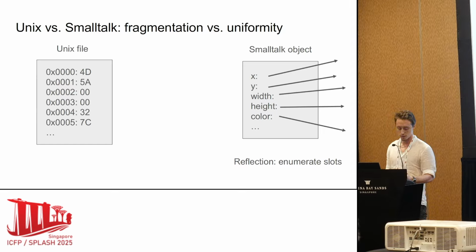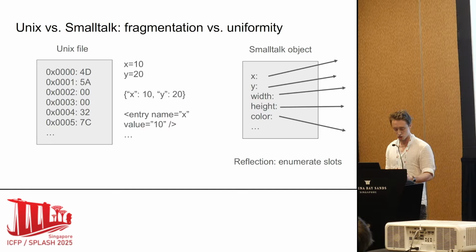If we look at a Unix file, we don't see any uniform interface for substructure except byte access. A file is a stream of bytes. That's all that Unix gives us. Structuring those bytes is left entirely up to the programmer. If we need a file that contains the same information as a Smalltalk object, so basically a dictionary mapping keys to file paths, then think about how many choices we have for encoding that information as bytes.